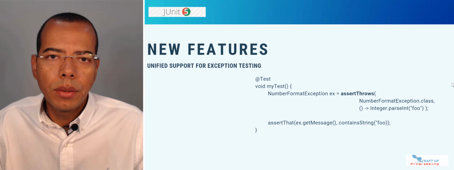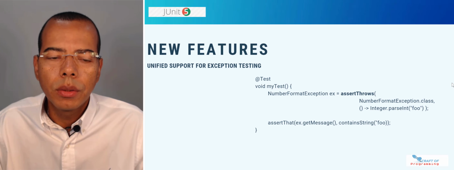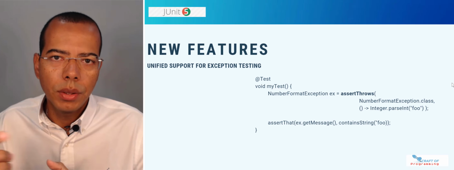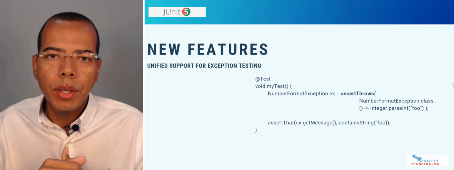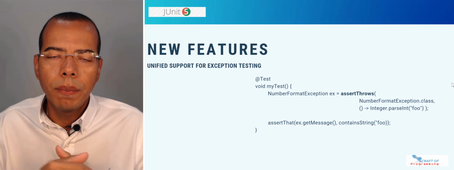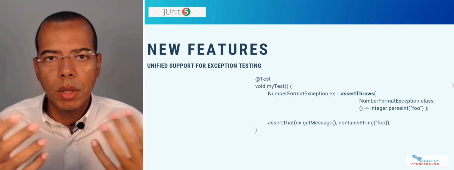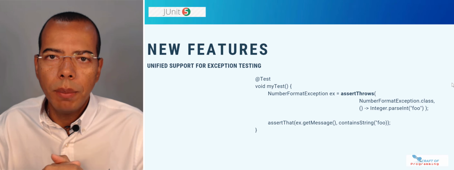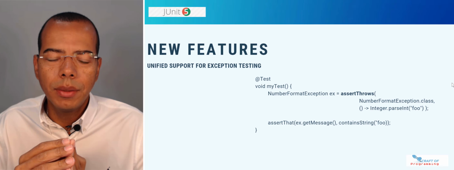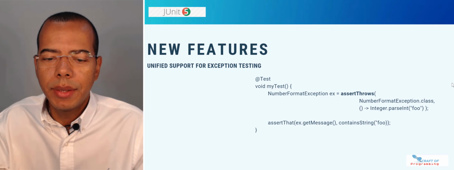So the other one, which I think is also a big one, is the way exceptions are handled. If you recall in JUnit 4, there were 3 ways to test exceptions. One is using the try-catch idiom, another is using an expected exception rule, and the other is just tagging the test with an exception that you would expect to be thrown in your test method. These 3 ways of doing exception testing were basically unified into a single way, and that's how JUnit 5